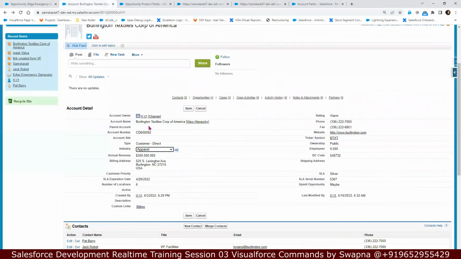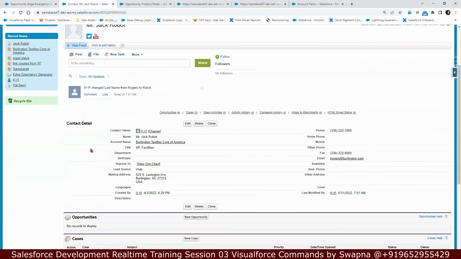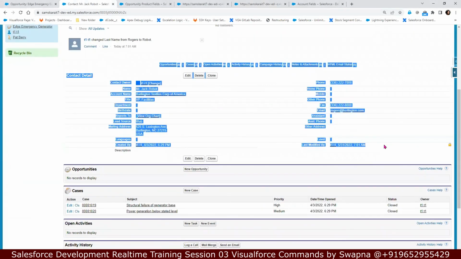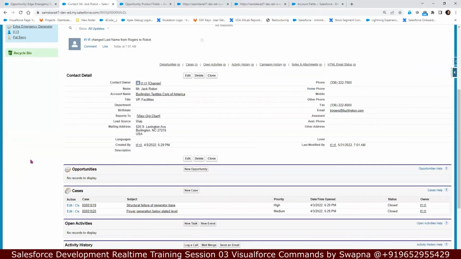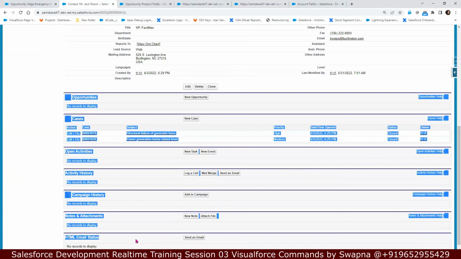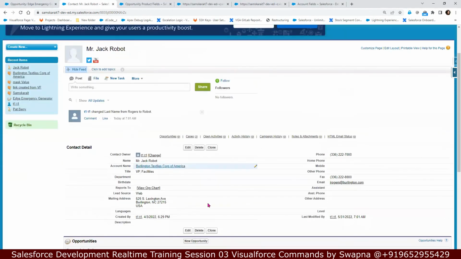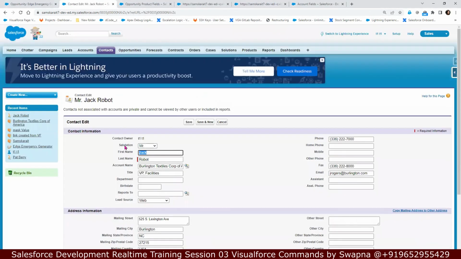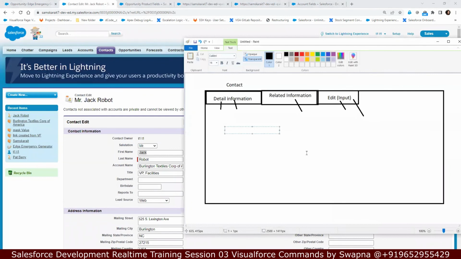Means, open any contact record, and I want to see this information in the detail section, right? In the related information, I want to see all of these details. In the edit, let me build the edit here. Edit will have the first name, last name,